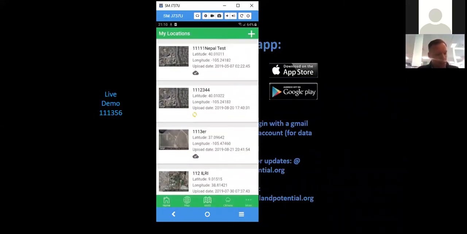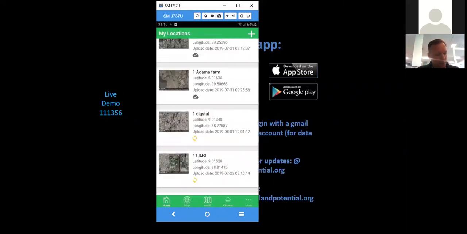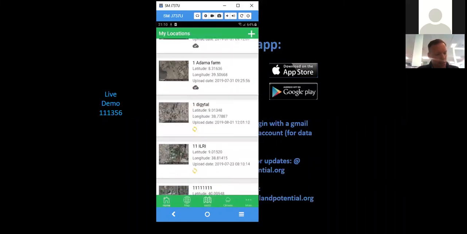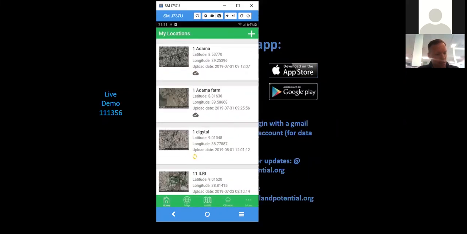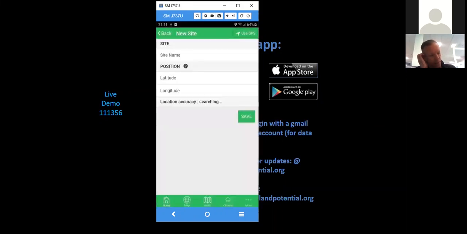This is basically a list of plots or sites, and an awful lot of demonstrating what I'm going to do here today. There are a couple of different ways to enter data. One is by simply adding a plot, using the plus sign at the top. Another is